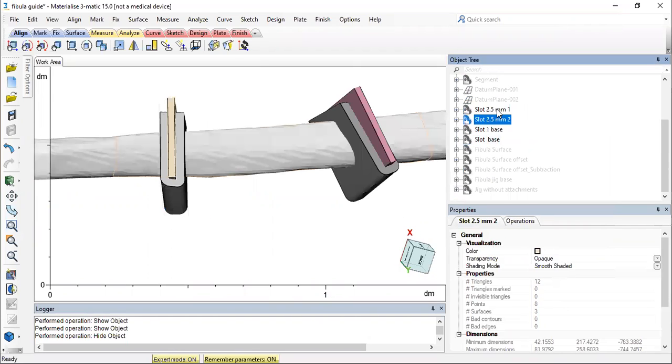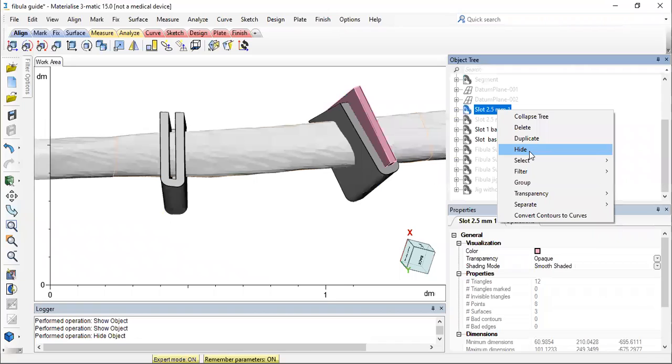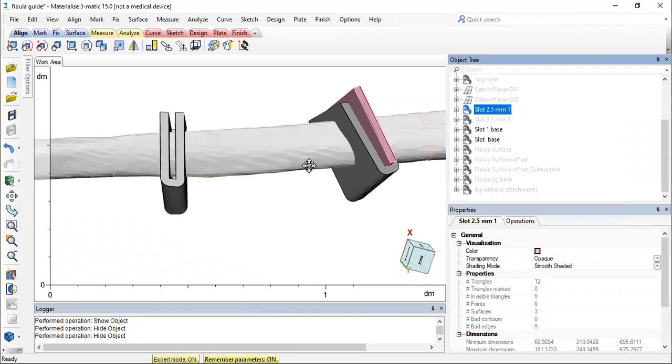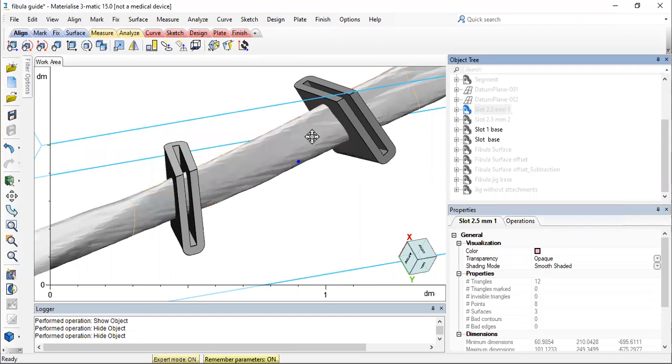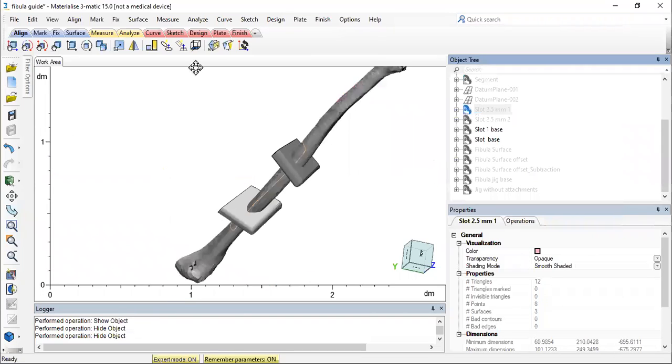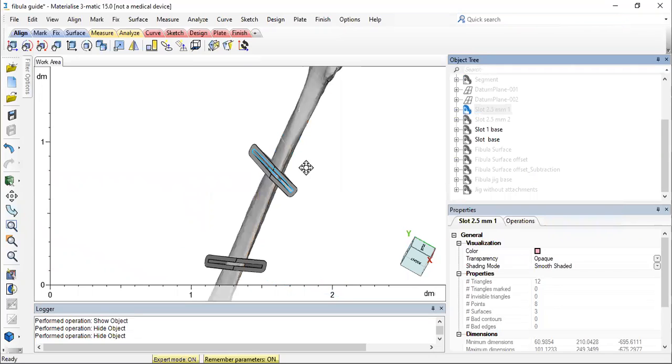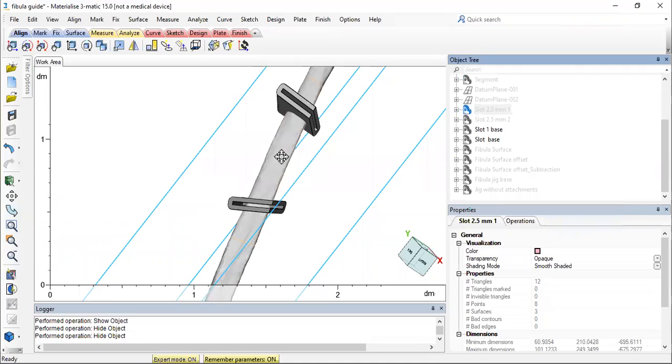Basically, by creating hollow and then Boolean subtraction, we have created cavities. This is how it looks like. Let me just rotate the view. Right? So this is how the slot surface looks like.